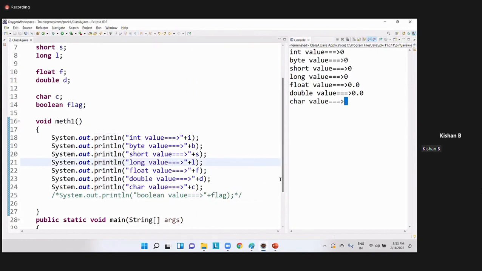But in an interview, if you face this question, what is the default value of character? Please don't say space. No, the default value of character is \u1234. This is the default value of a character, but it is